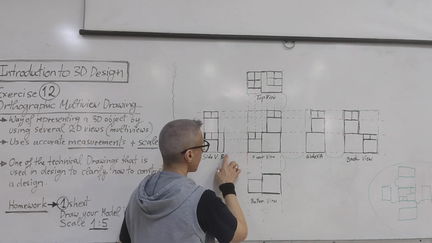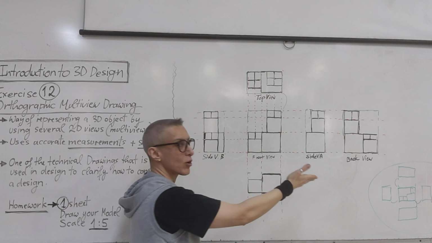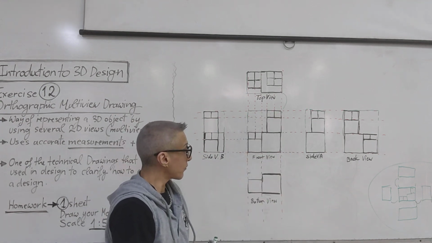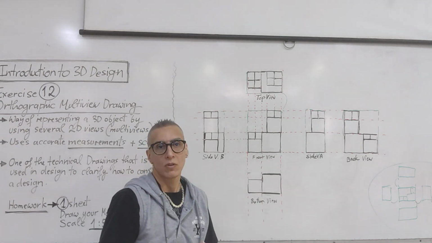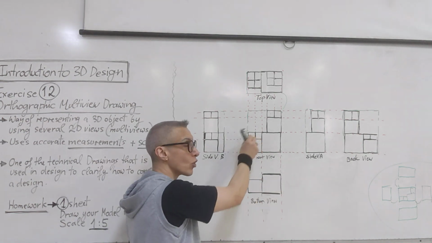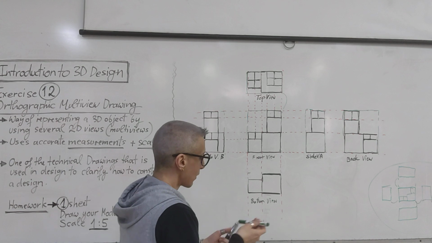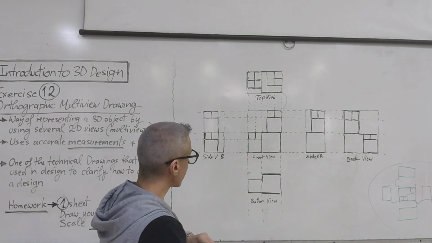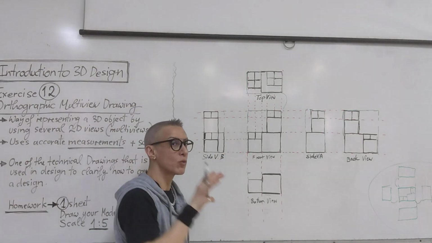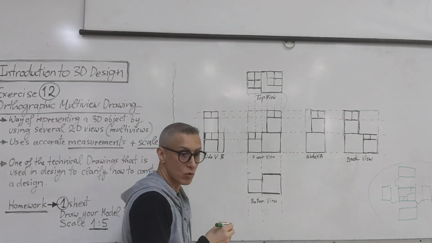Now, the next step is what? After we have the boxes done, after we have the details inside done, the next step is to draw the measurements. We need an orthographic drawing, must have the measurements on the drawing. So how to do that? Well, we need to put the measurements with measurement lines. Now, these dotted lines will help us to know where a measurement starts, where a measurement ends. And we will use the,